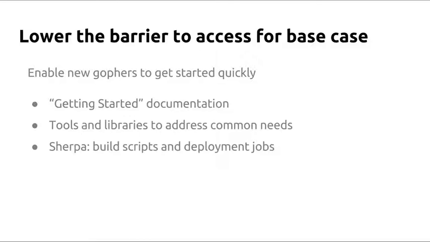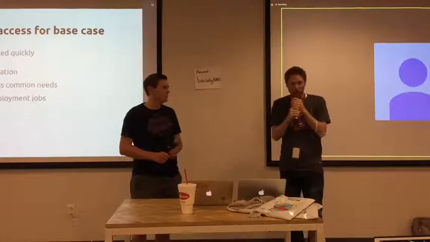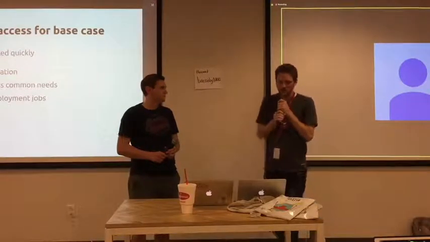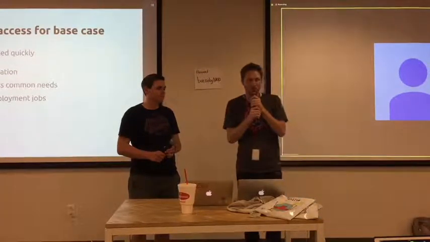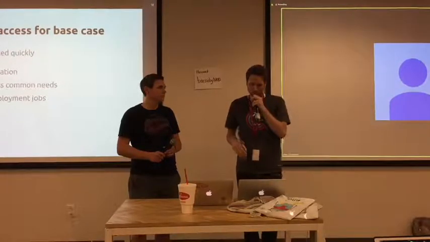That's helpful when you can say that you'll get all of this for basically no upfront cost in your new service. One of the tools that I wrote that was actually pretty helpful convincing people that this was worth a try is a tool called Sherpa, which takes a Go project and generates all the build scripts that you need to get it through the Qualtrics deployment pipeline out to production.